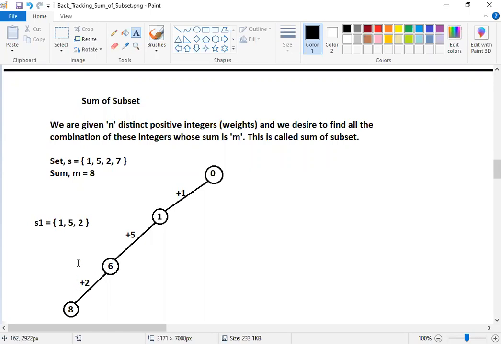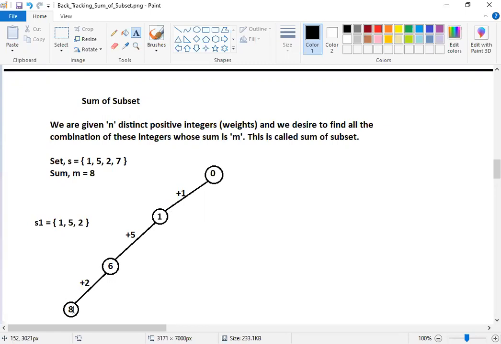Yes, sir. Okay. Now, once we get a solution, that doesn't mean that there will not be any other solutions. There might exist a few more solutions. How can we come to know? By drawing the complete state space tree. So in order to now do the backtracking operation,